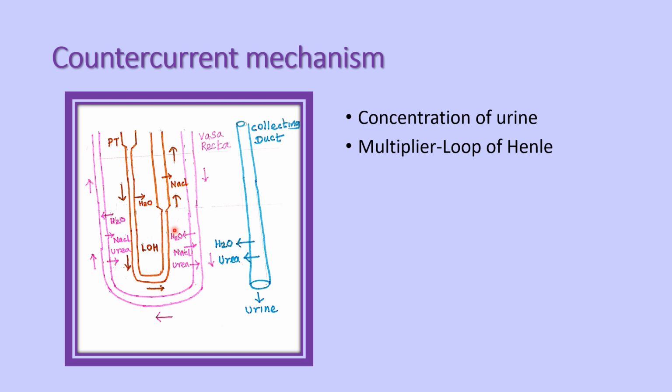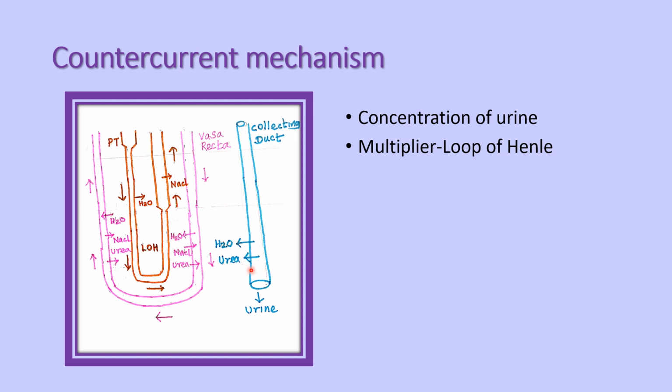water but passively reabsorbs sodium chloride, and the thick ascending limb of the loop of Henle reabsorbs sodium along with chloride and potassium. This is the important factor for countercurrent multiplication. This is one of the important reasons for the multiplication, along with other areas having passive reabsorption of sodium chloride from the descending limb and ascending thin limb of the loop of Henle, and